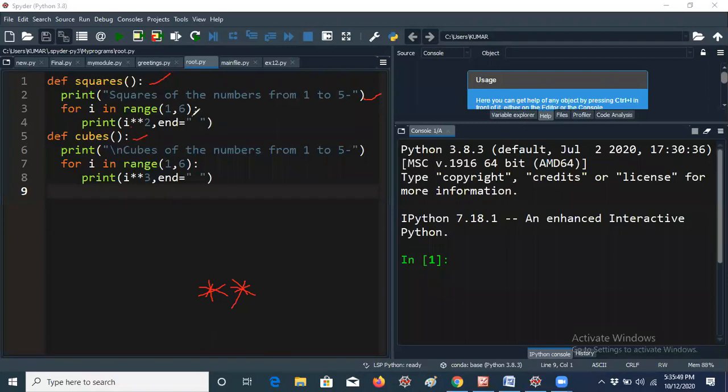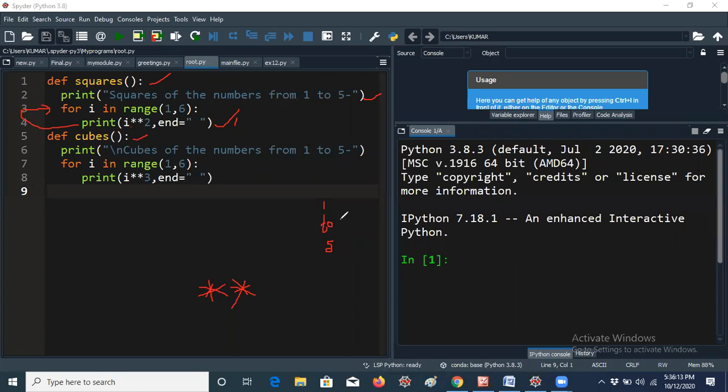For i in range(1,6): it will take the i value 1 first, so 1 to the power of 2. It will print 1. Again it goes back to the for loop. You know that for i in range(1,6) means i iterates from 1 to 5. Initially it starts from 1, and whenever the statement executes this line, it iterates to 2.